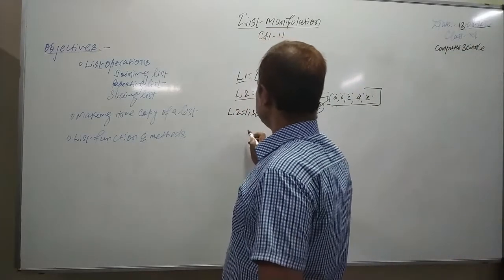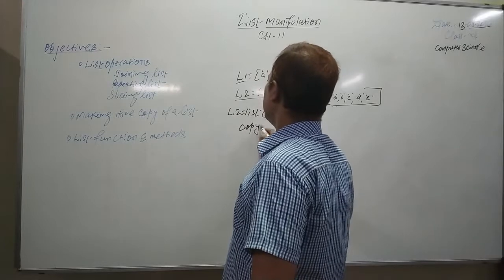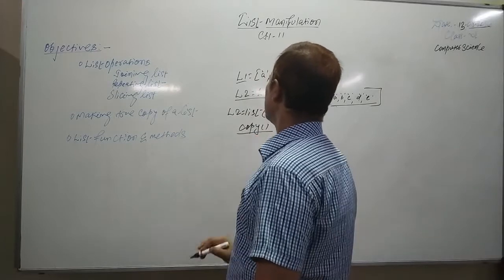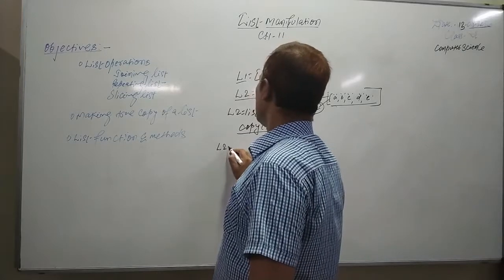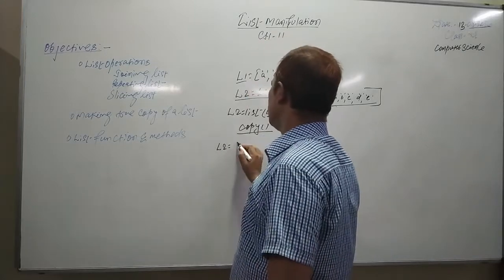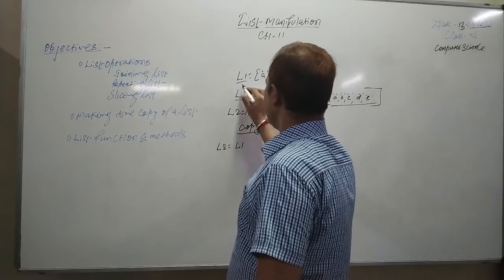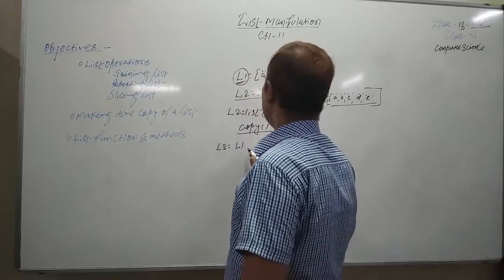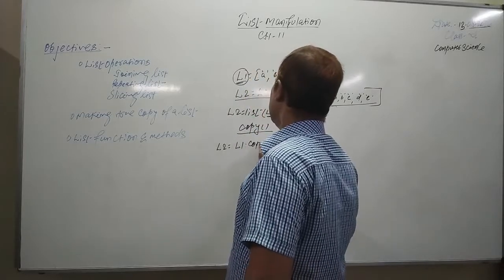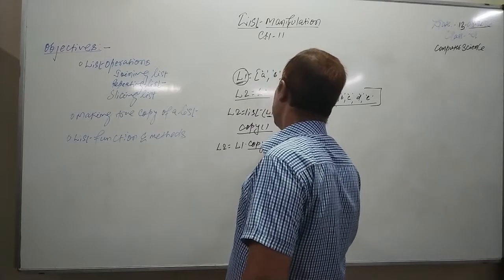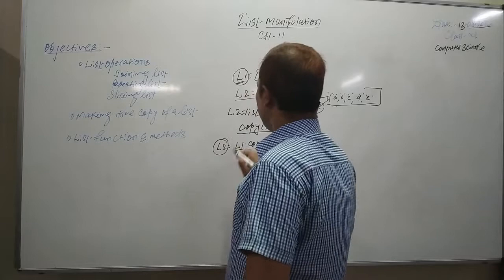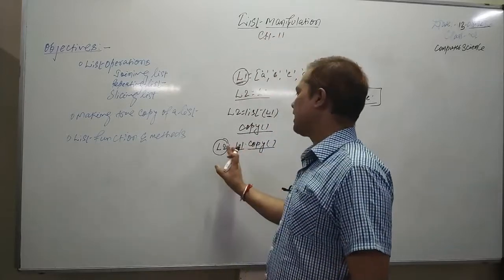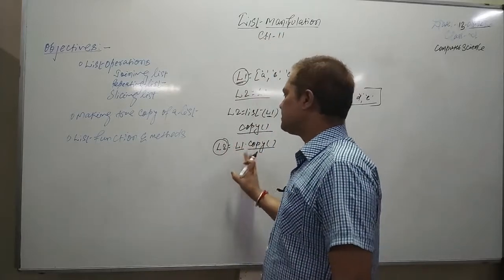Another method is the copy method, copy. This is a method to make a true copy of any list. If you are making a true copy, L2 equal to, and if you want to make it the copy of L1, then you have to say L1 dot copy. This copy method will make a true copy of L1 and it will create the L2. In this case also L1 and L2 are referring to two different lists in Python.